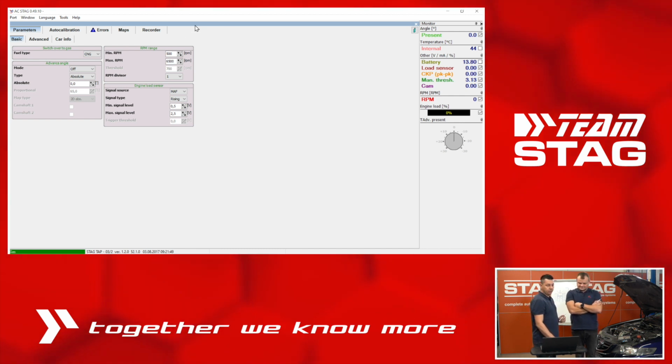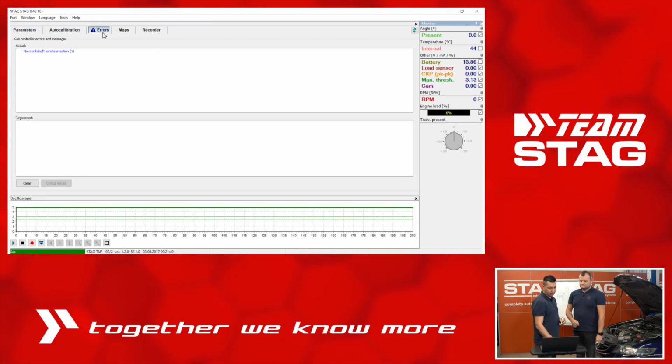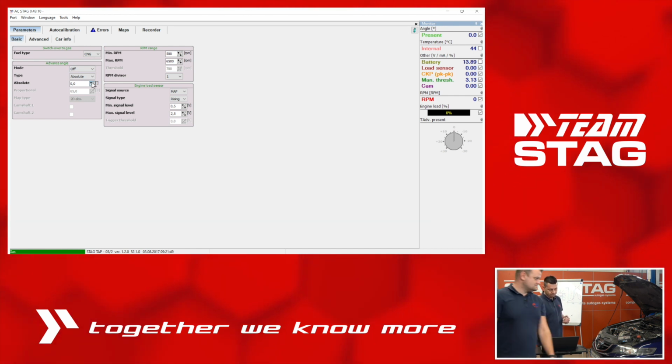That's right. If you open the AC STAG application right now, the TAP is not calibrated. These are settings that come from the factory. That's why you can have the no crank synchronization in the errors. But the first step you need to do is to check